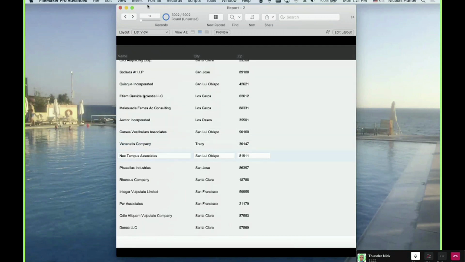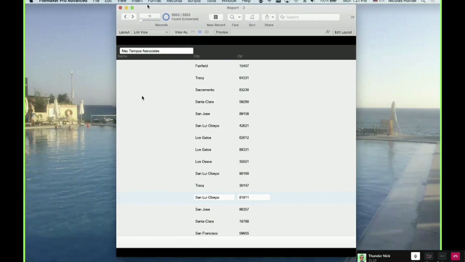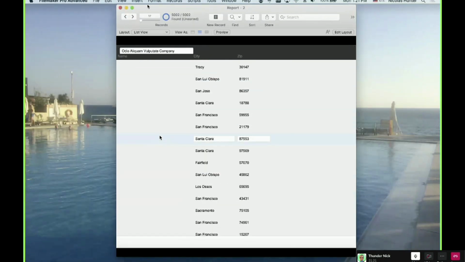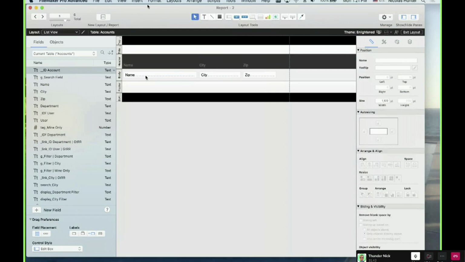If I move a field and put it in the header, the field will be there, but I will see the data of the record I'm in. So I no longer have a list, because the body in list view is actually a repetition, showing multiple records at once. You show multiple records instead of one by one.